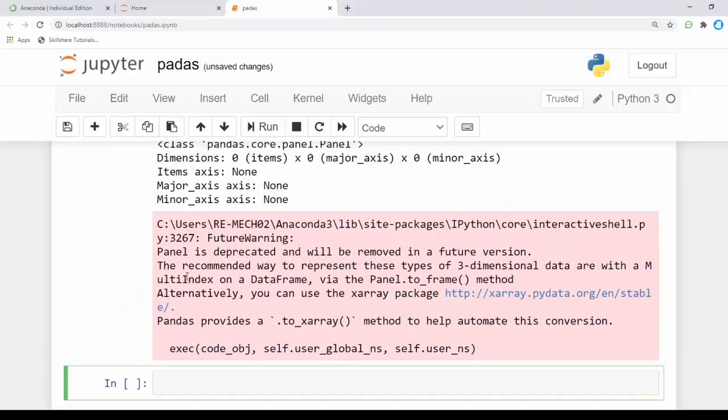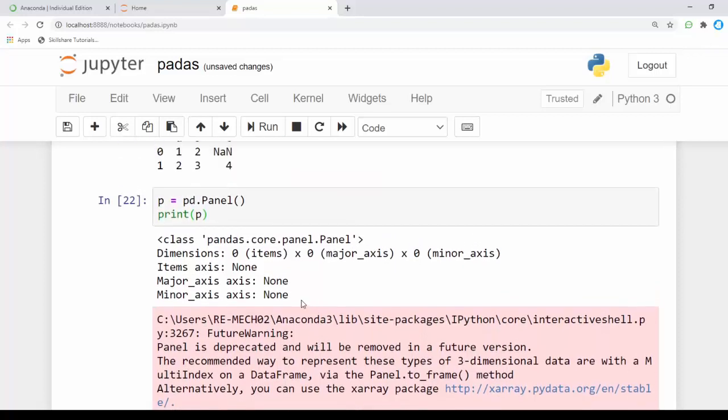We got a warning, but we got our panel. It is in the format of the class pandas.core.panel.Panel, and we got a dimension of 0 x 0 x 0. These are the 3 dimensions: item axis, major axis and minor axis. Item axis is none, major axis is none, and minor axis is also none, because we haven't passed any parameters.